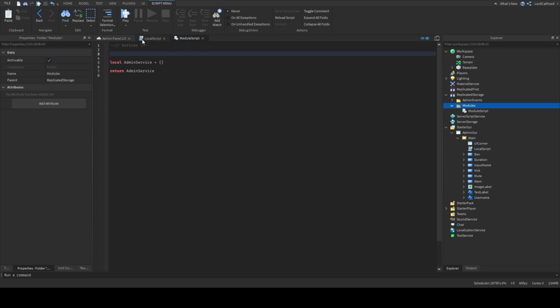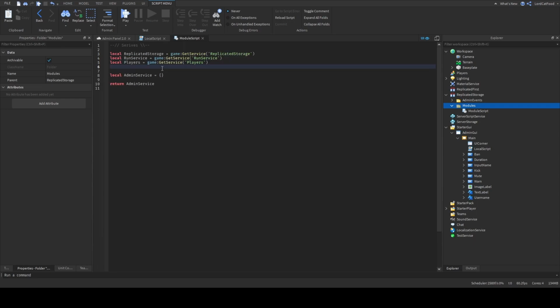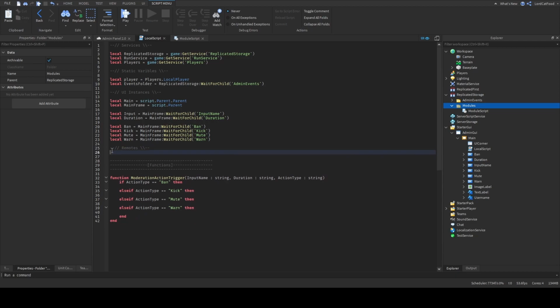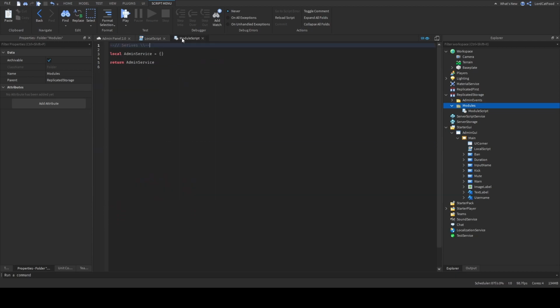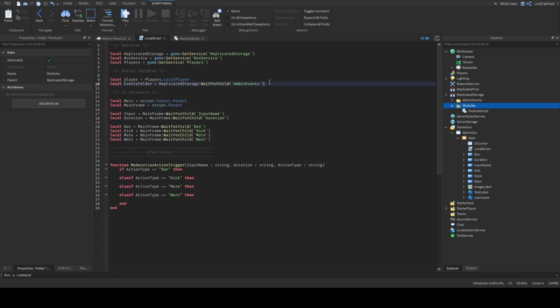So above local admin service, I'm going to put, again, a few variables that are services. So what we want to do here is we will need all of the services from right here. You can just copy and paste those right there. You will need the events folder. Actually, all the variables that we defined over in this part except for the UI things, everything from here, take everything from here, cut it, and you can just delete this because I realized doing this in a module is much more organized. So you can just paste